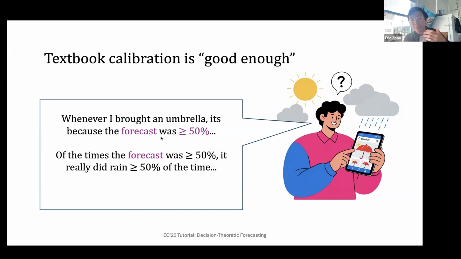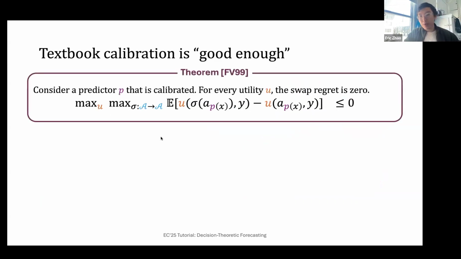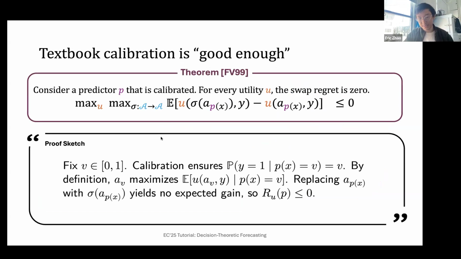And so if you are giving me an option to say, okay, if every time I took an umbrella, I could have swapped that action to not taking an umbrella, I obviously would not want to do so because, even though there might be a little bit of noise in the forecast, if I look at all the times I did choose to bring an umbrella, marginally, that was a pretty good decision to make. And the formal proof follows basically the exact same way, and it ends up being pretty succinct.